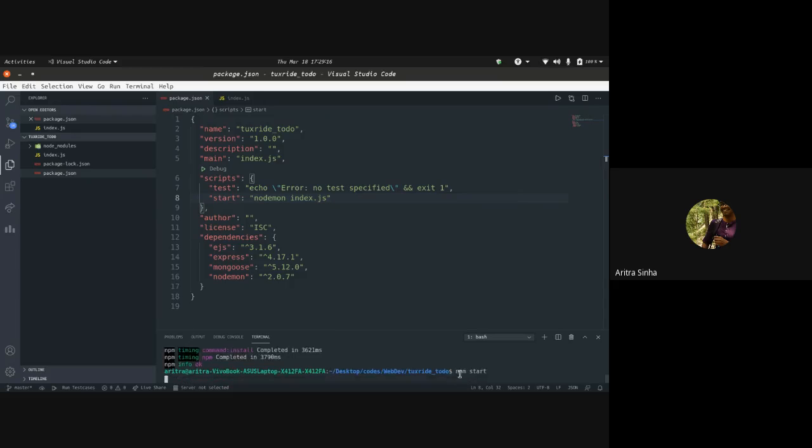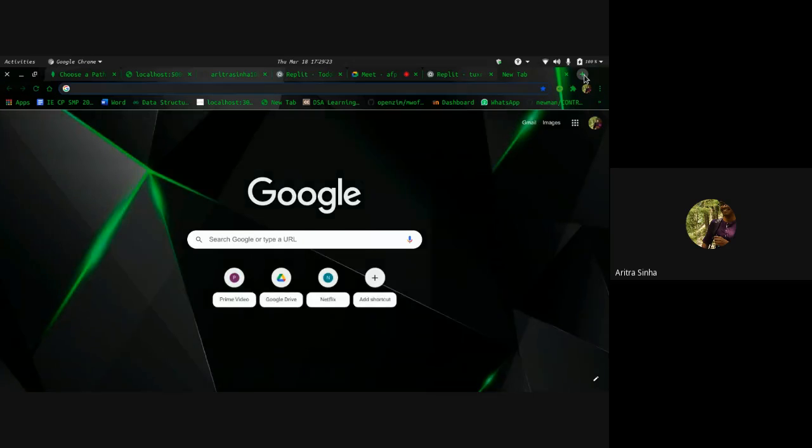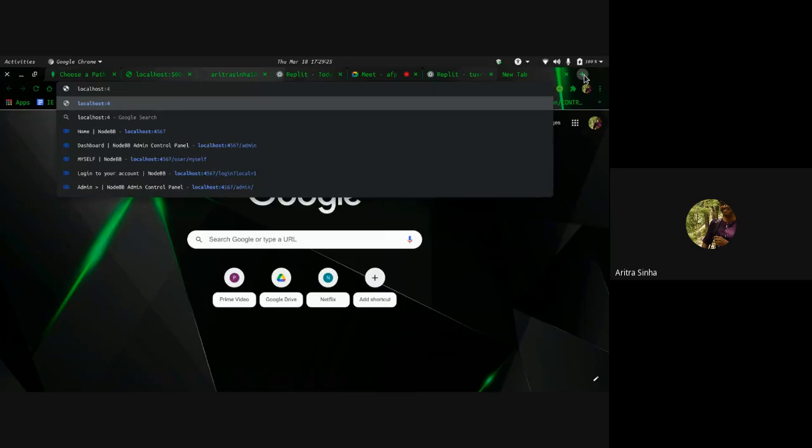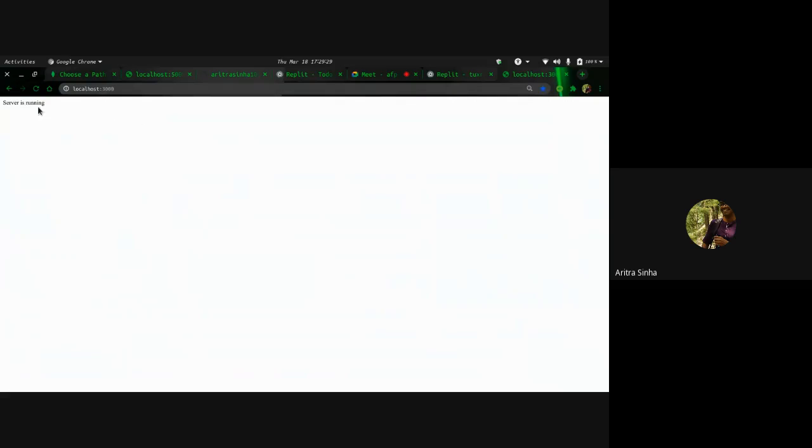So when I write npm start, it will run the server for me. We can do it manually also using nodemon index.js. So yeah, just see that the server is running. We are done with setting up an HTTP, this TCP connection.